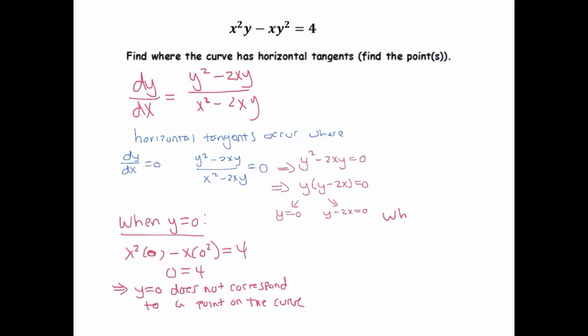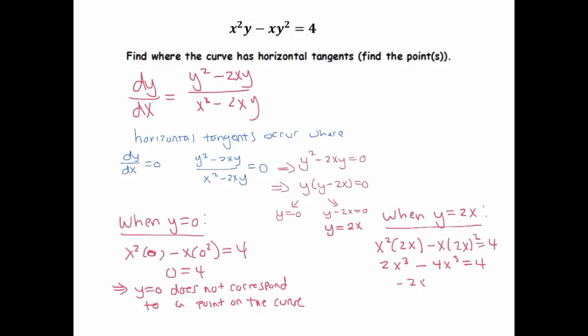When y equals 2x, however, or when y minus 2x equals 0, that means that y equals 2x. We're going to go ahead and put 2x in for y in this equation. So that means that x squared times 2x minus x times 2x squared is equal to 4, which means that 2x cubed minus 4x squared times x, so that's 4x cubed, equals 4. So that means that negative 2x cubed is equal to 4,